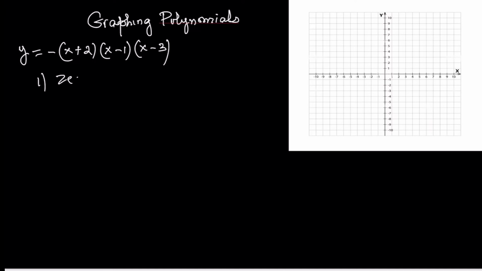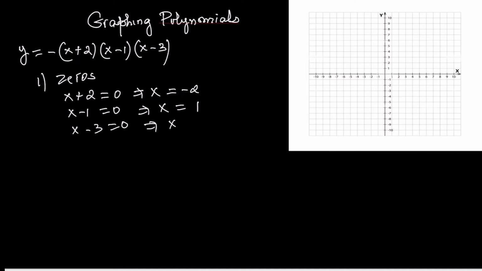x minus 3. Step 1, find the zeros. Set each factor equal to 0. X plus 2 equals 0. X equals negative 2. X minus 1 equals 0. X equals 1. X minus 3 equals 0. X equals 3. All of these appear once, so each zero has multiplicity 1, meaning the graph passes straight through